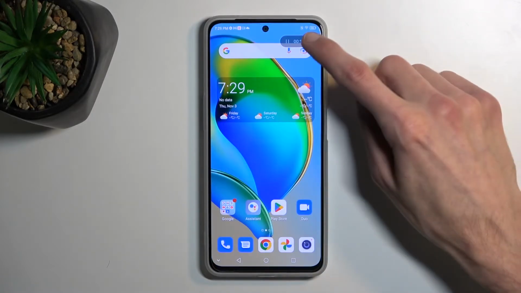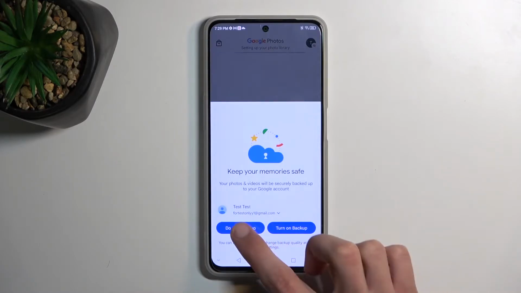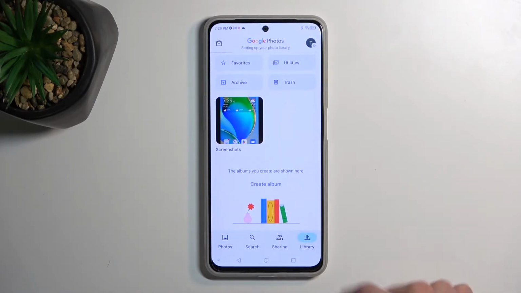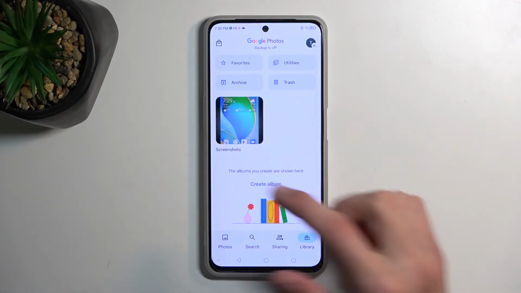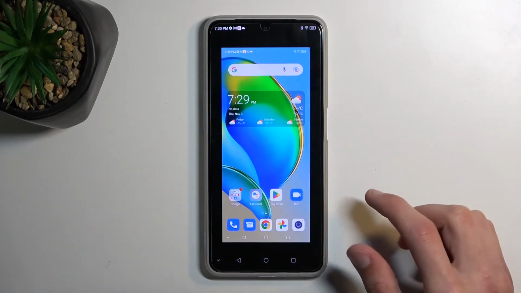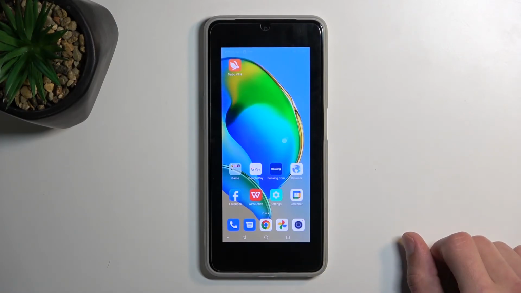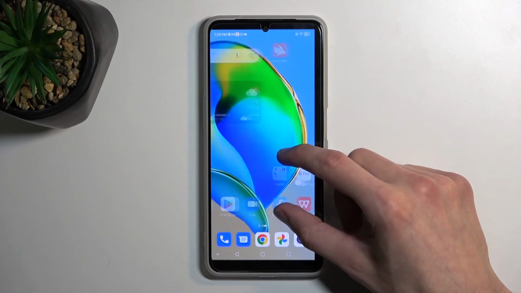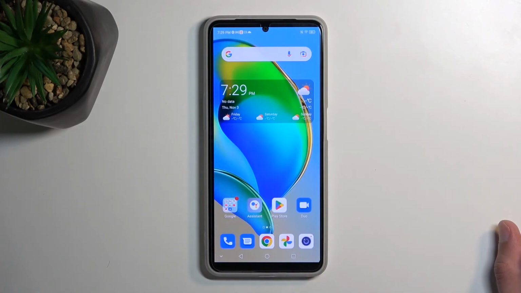Now once you're done, click on the square, and this will automatically save your screen recording to your Photos application. So you can open that up, and in here you can navigate to Library, and you will see screenshots. Screen recordings are saved into screenshots, so that's why it's here, and you can now view it. So there we go, that is how you can